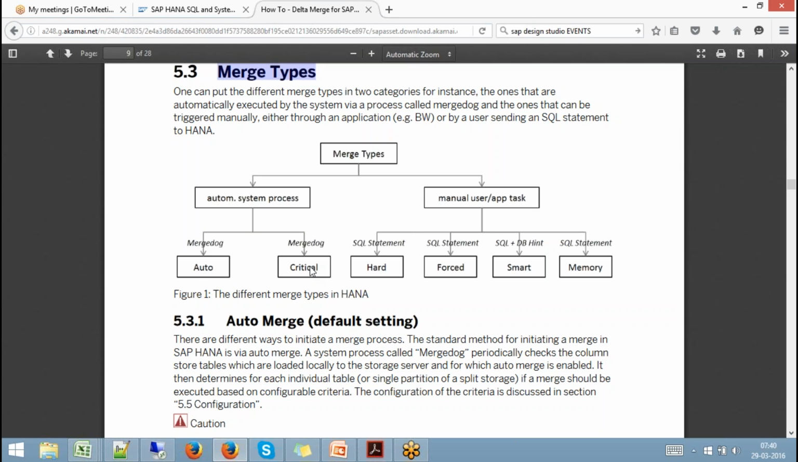Then there's something called critical merge. Now what is critical merge? Let's say I have a column store table and you have switched off the auto merge. With auto merge switched off, the system is nowhere responsible for triggering merging automatically. So I had to trigger the merging on the tables manually. Even if I forgot to do that, and auto merge was also disabled,